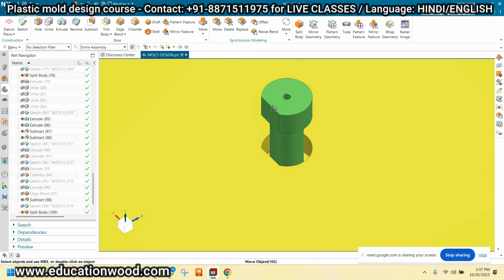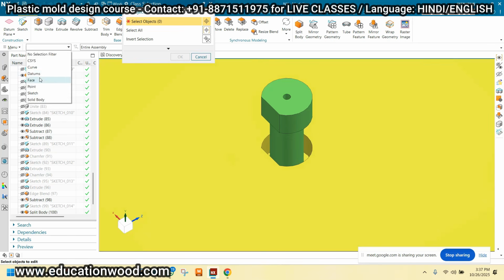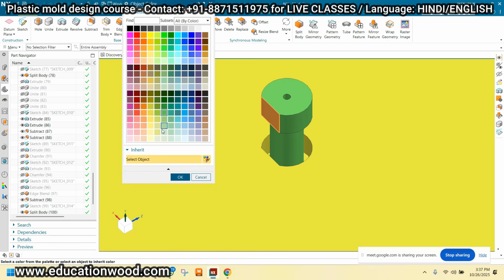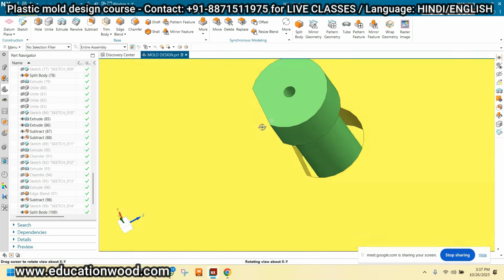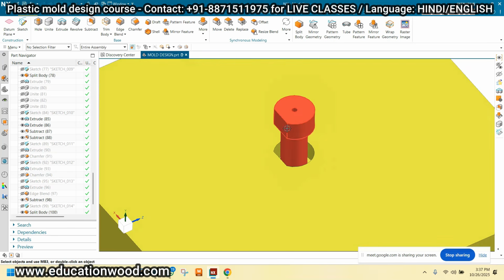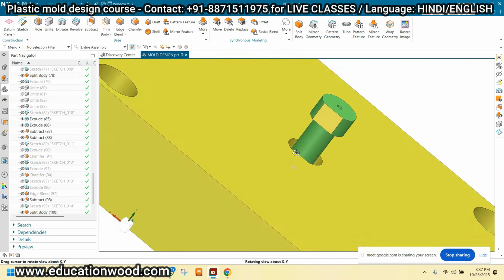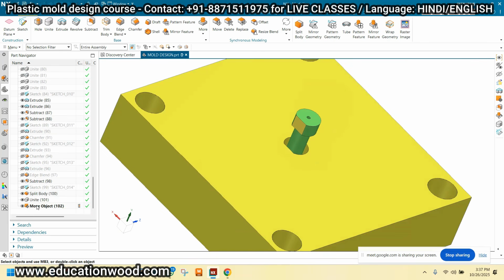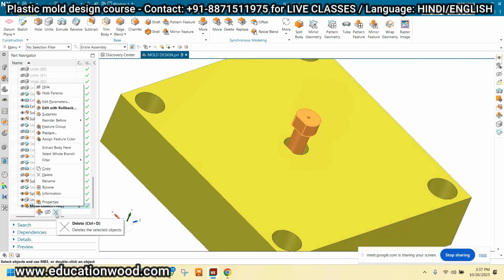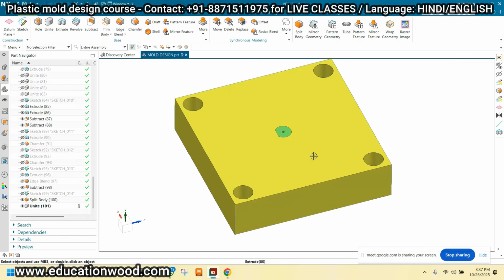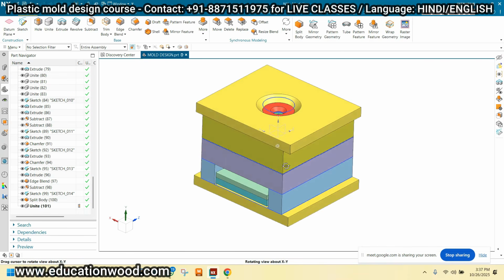So this face, I'm just coloring this face. This face is nothing but it will be the G6, or the slide fit. You can say that it is only for fitting purpose. So this is the D cut basically, right? I hope you understood about this. Just delete this command. So we have created the complete mold base with the screw bush, locating ring, complete four cavity, and a layout.